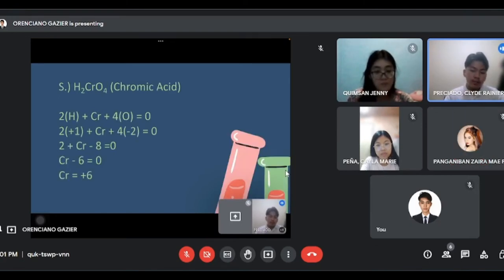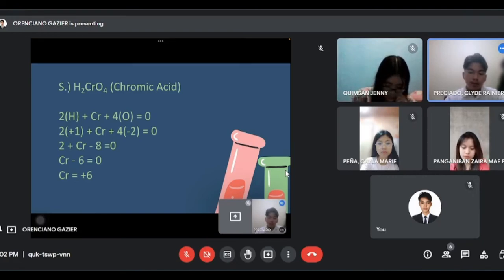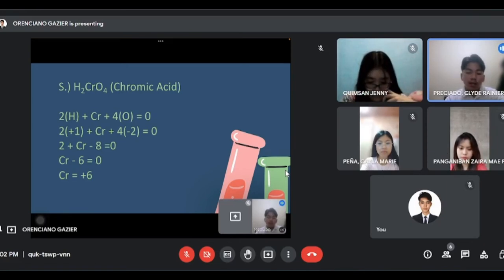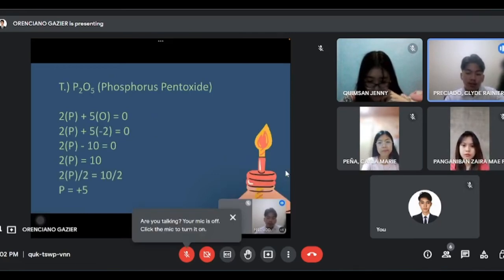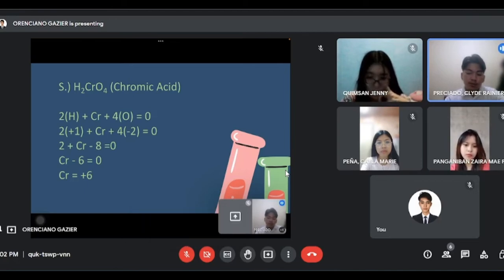Now let's move on to the next, which is the chromic acid. In here we have hydrogen with 2 atoms, chromium, and oxygen with 4 atoms. Now we're going to find the oxidation number for chromium. For its solution, 2 times hydrogen plus chromium plus, as you can see, we have 4 atoms of oxygen. So 4 times the oxygen is equals to 0 because they are already in a compound. Next, 2 times the charge of hydrogen, positive 1, plus chromium plus 4 times negative 2 is equals to 0. So 2 times positive 1 is equals to